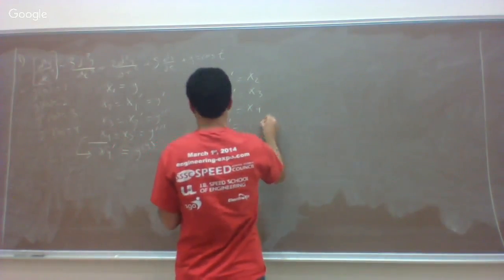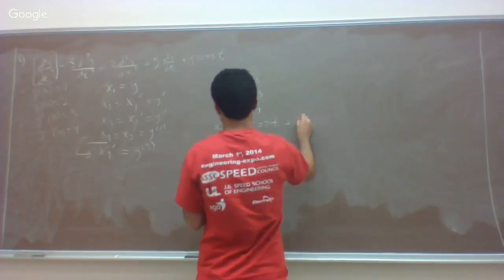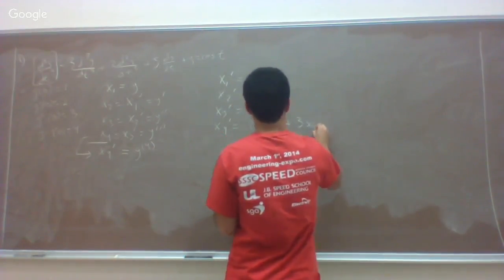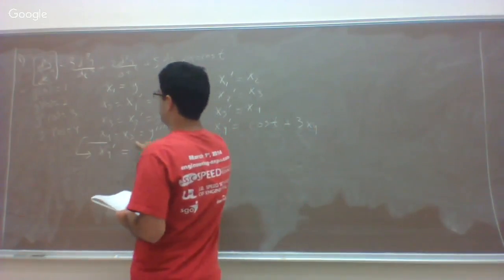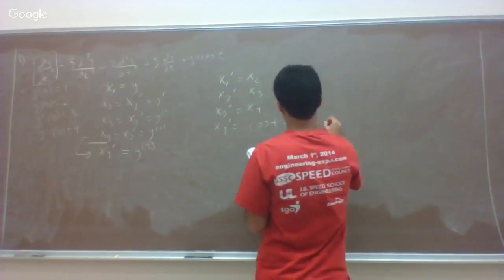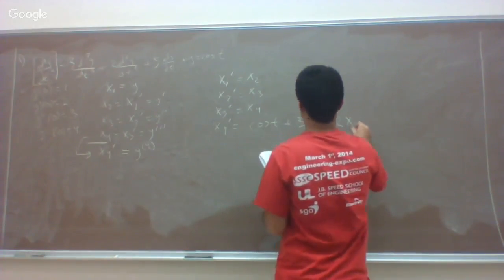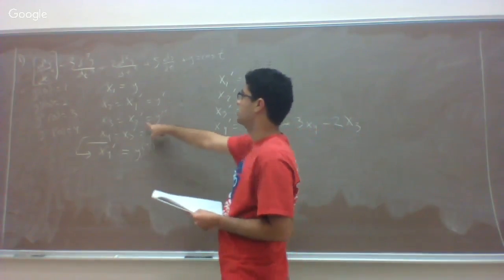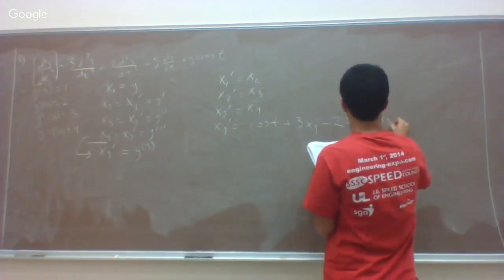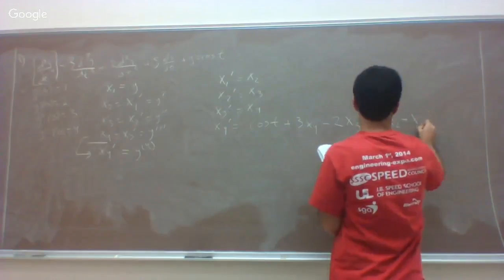So this is equal to cosine of t plus 3 x4, because that's y triple prime, minus 2 x3, x3 is y double prime, minus 5 x2 minus x1,